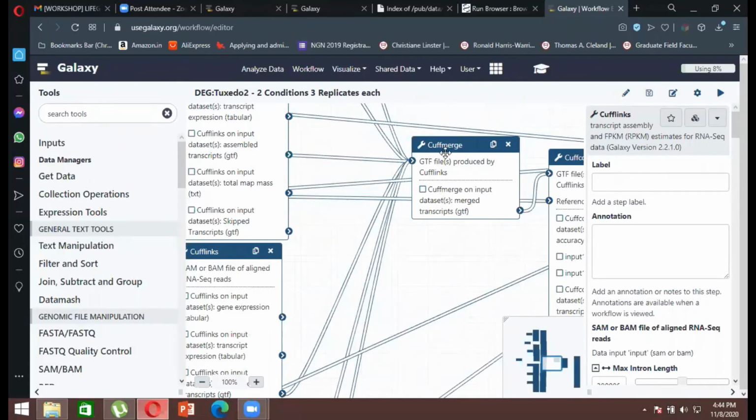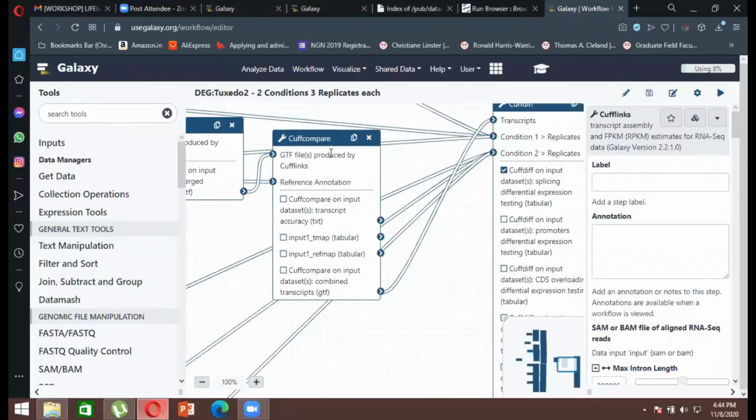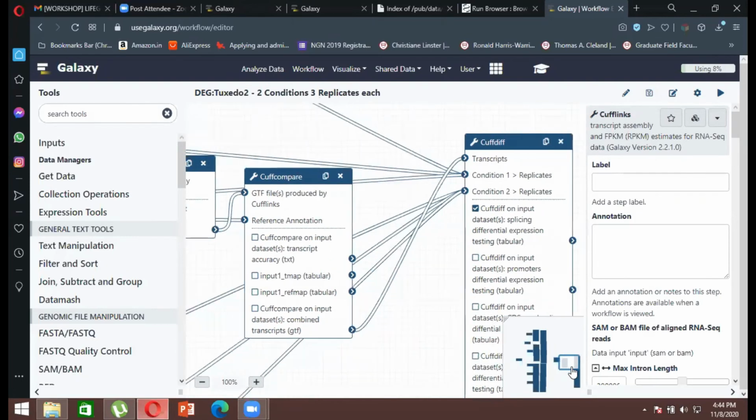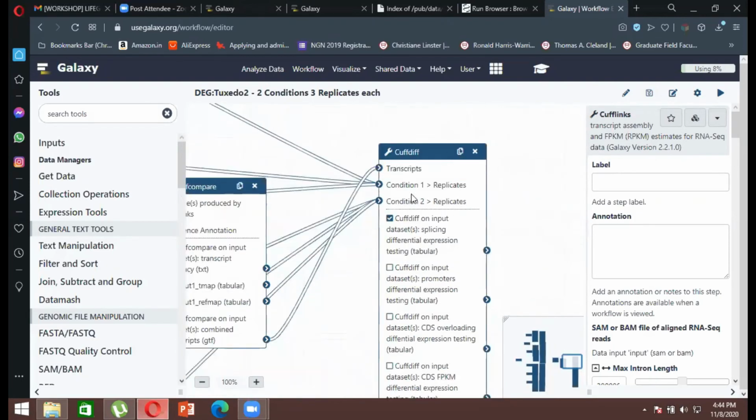Once these data are processed, they are merged over here, which is known as Cuffmerge, and Cuffmerge then generates a file in GTF format, which is basically the final file that we want, right? After Cuffmerge, you can again see the final output goes over here, to Cuffcompare. It basically now compares, here the comparison happens between your control one and your test file, that is the stressed condition one. And then you finally go for your Cuffdiff, that means your final output.